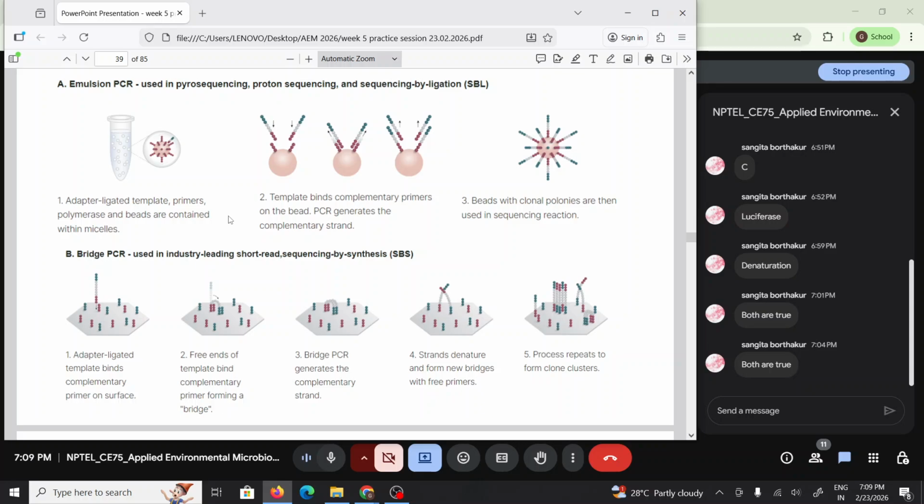And next, when you talk about bridge PCR, this is used in investigating short reads,